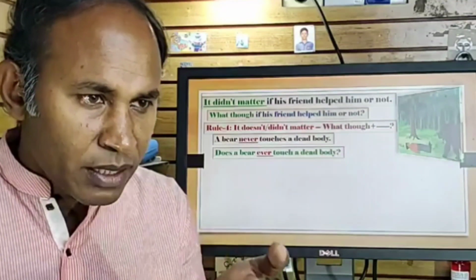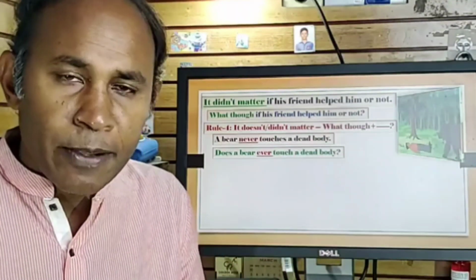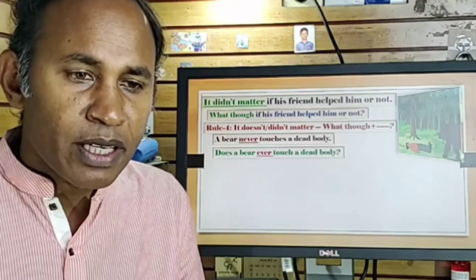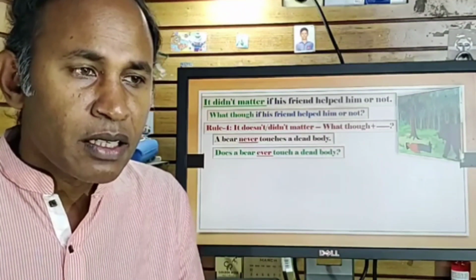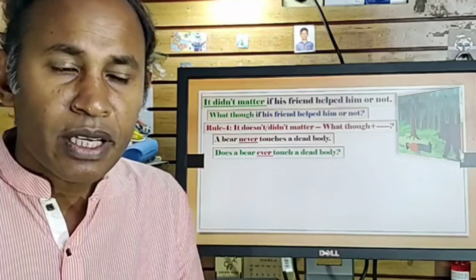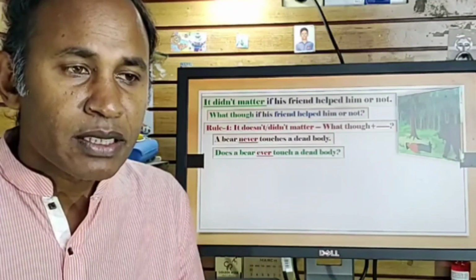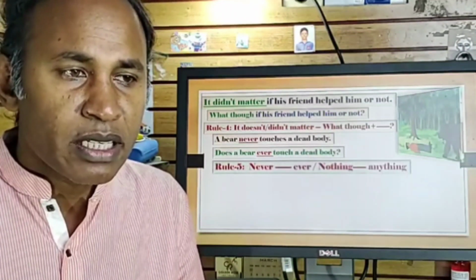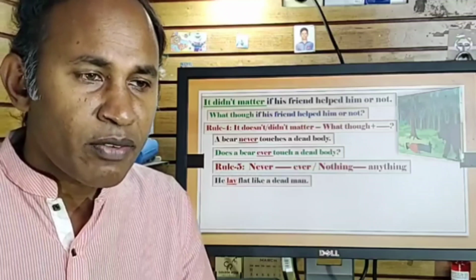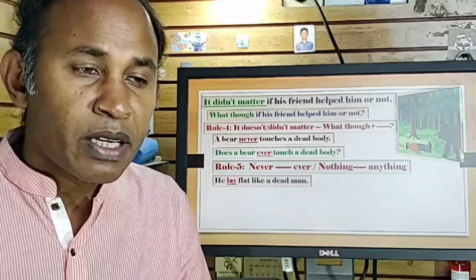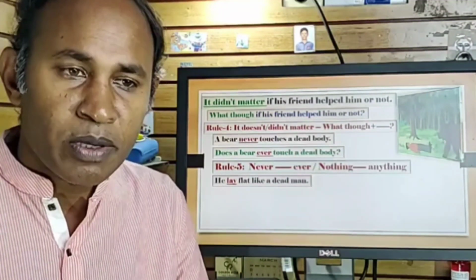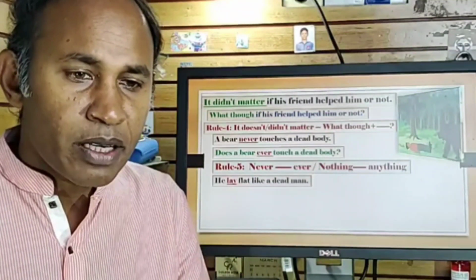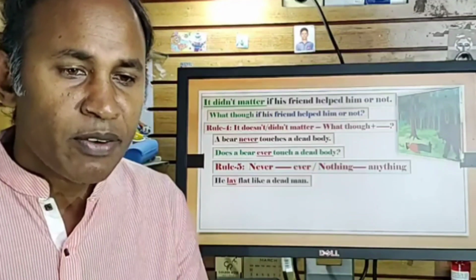পারহ্যাপস ইউ আন্ডারস্ট্যান্ড দ্য রুল, যে নেভার থাকলে এভার বসবে, নেভার থাকলে ডাজ আ বিয়ার এভার টাচ আ ডেড বডি, absolutely right answer, your answer is correct, fine. So does a bear ever touch a dead body, that's the correct answer. So the rule is that never অথবা ever থাকলে আমাদের কি হবে, never থাকলে ever, nothing থাকলে anything হবে, nothing থাকলে anything হবে।